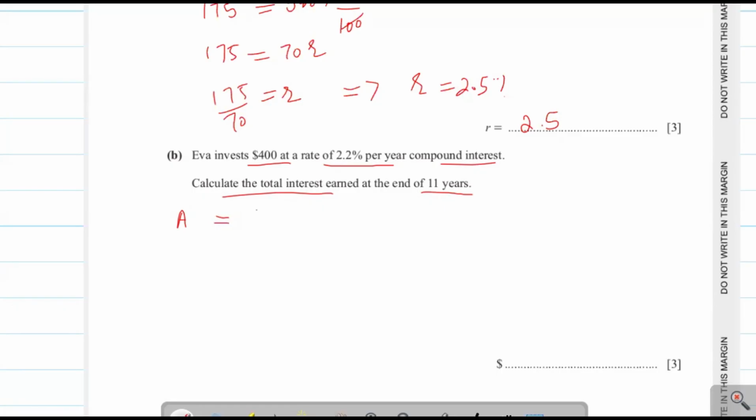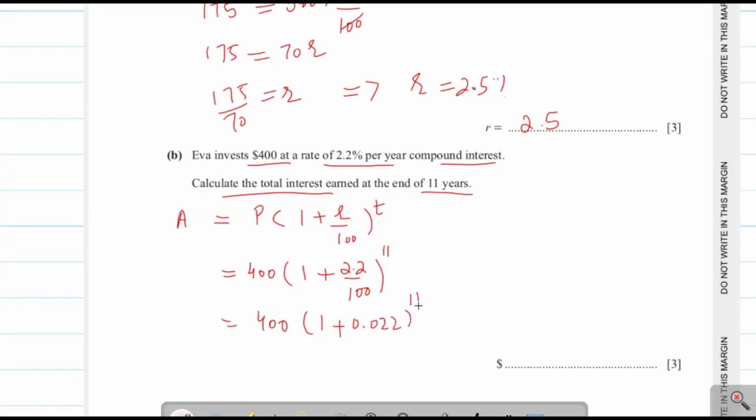Look here, the formula is A equal to P into 1 plus R over 100 whole power T. And we write P is 400 and R here is 2.2 over 100. Time here is 11. And we can write 400 into 1 plus 2.2 over 100 is